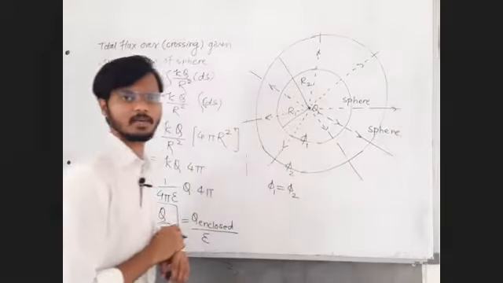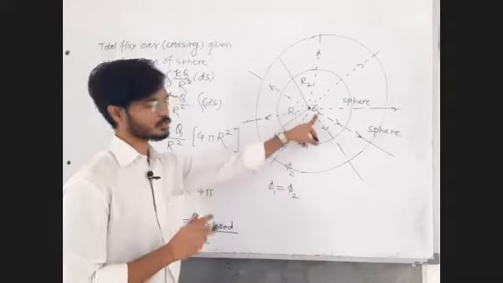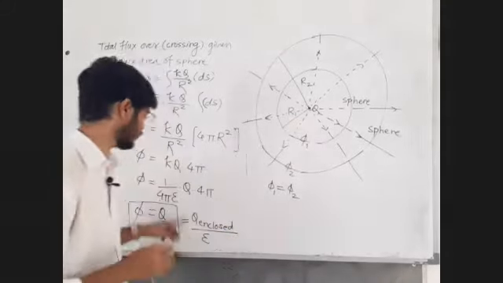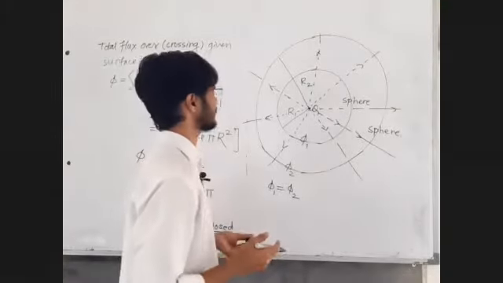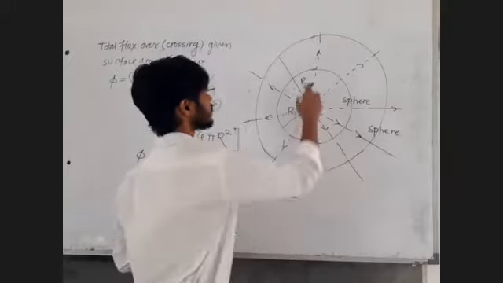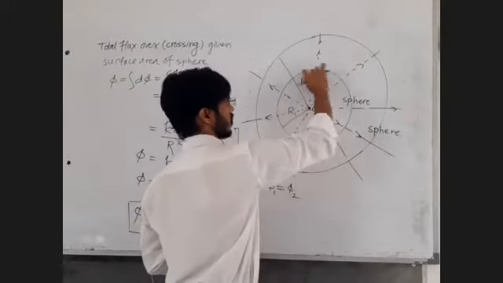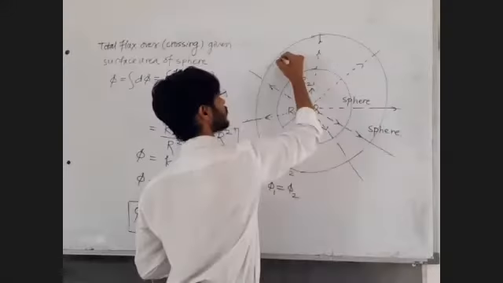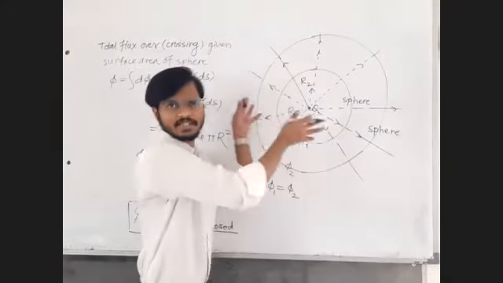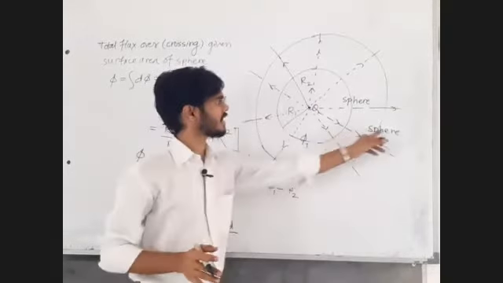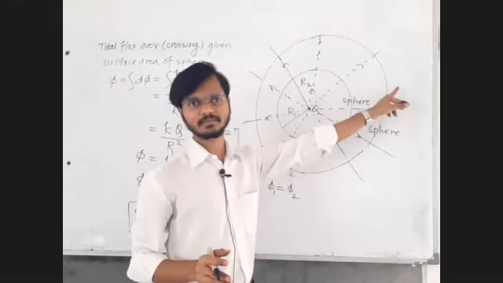Now reply in the chat box, agree, disagree. Charge enclosed by the first sphere, q. Charge enclosed by the second sphere, q. Q upon epsilon, Q upon epsilon. So those are going to be equal. Or even you can basically imagine like this. I received one message as well, that sir, the number of electric field lines crossing this sphere are exactly equal to the number of electric field lines crossing the outer sphere. The lines going out crossing the inner sphere, that number of lines are exactly equal to the number of lines crossing the outer sphere. Okay.